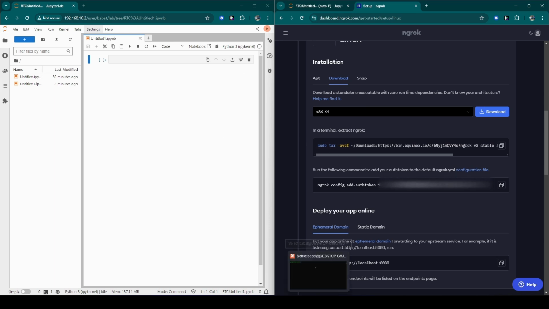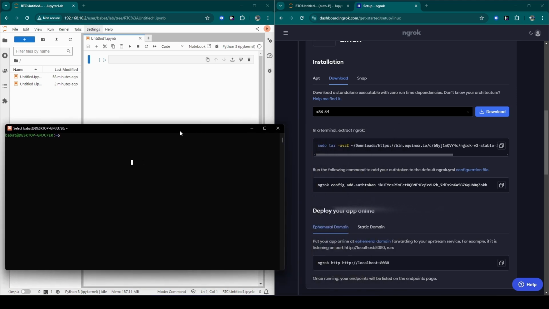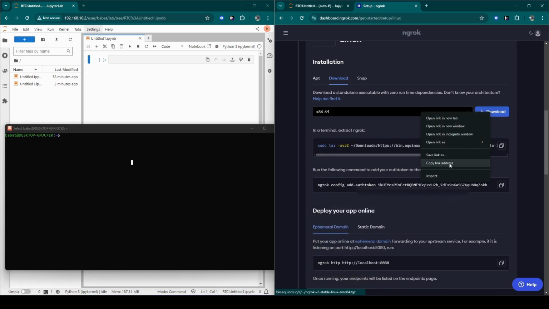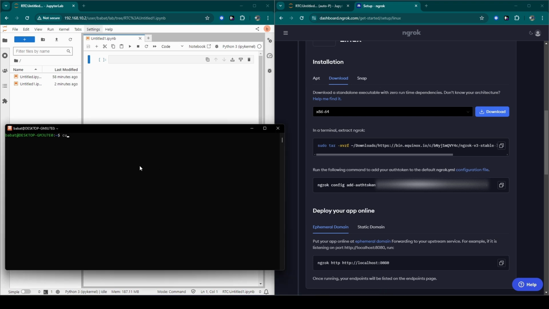And we open Ubuntu. I copy the link address and then wget -O, then the name of the zip, ngrok.zip, and then paste the URL and hit enter.